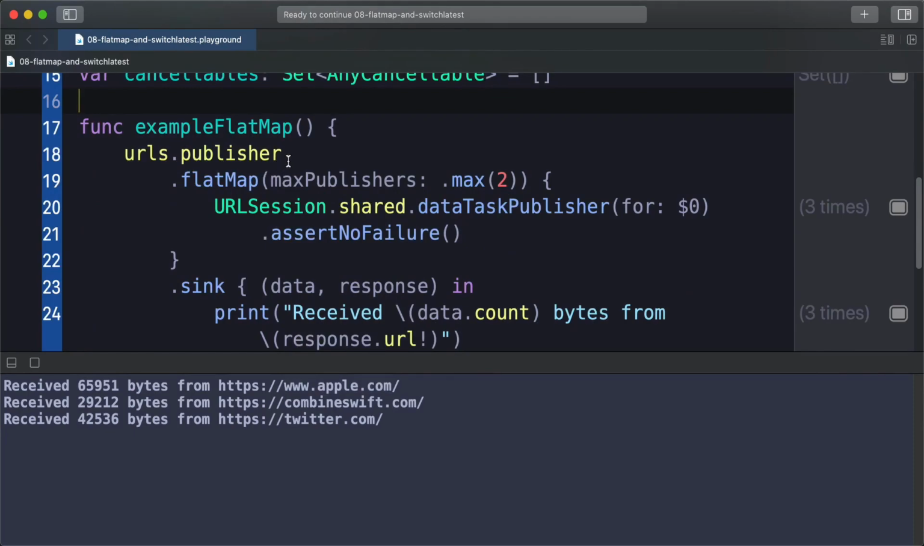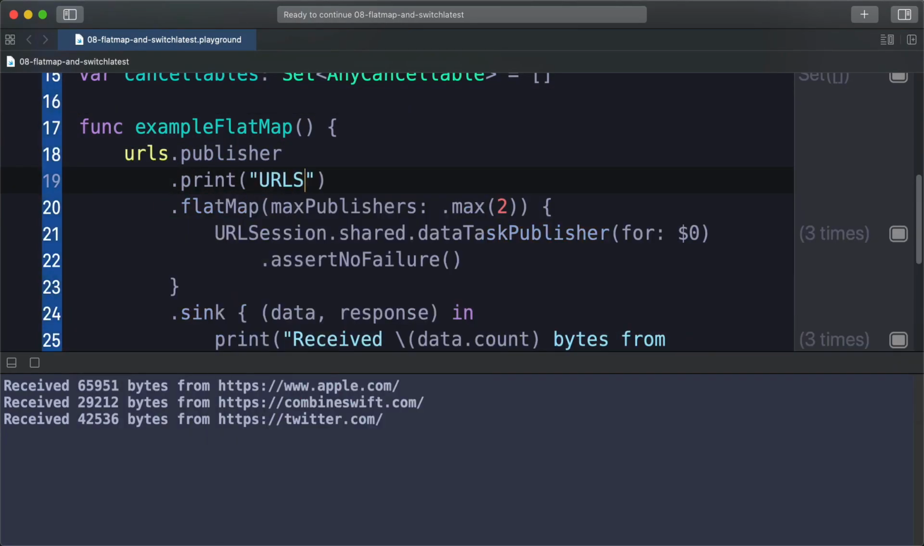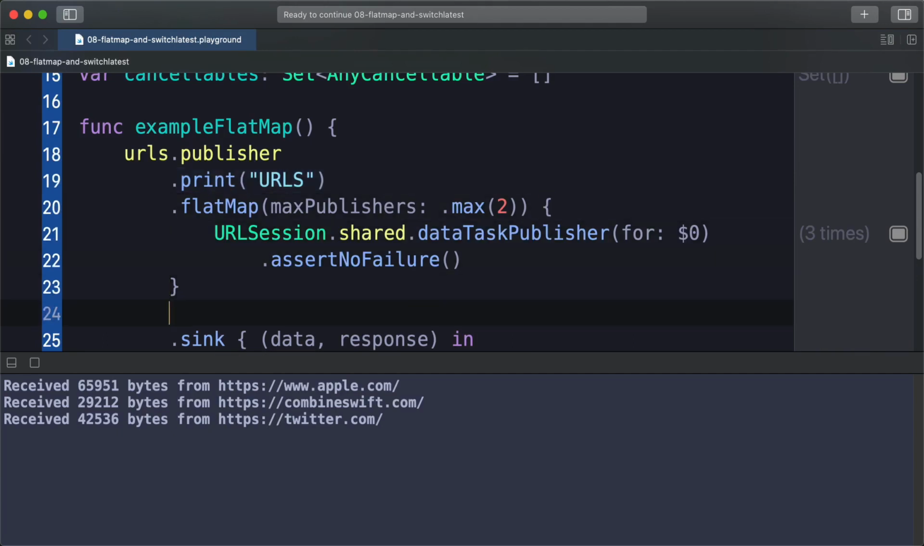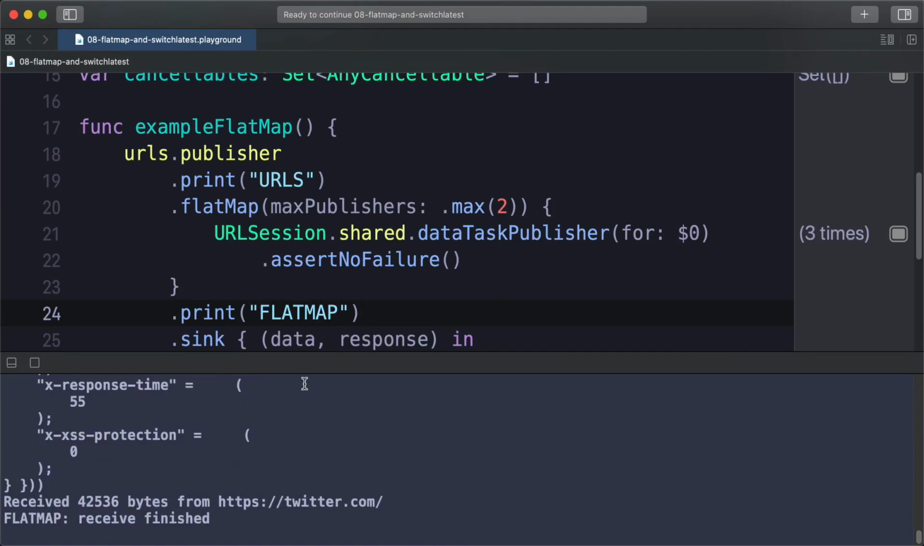Okay, to zero in on exactly what's happening here, we're going to add a few print statements. First of all, we're going to print URLs on the URLs publisher. Now, what's good about print is that it's essentially a pass-through operator, and we can add it in any part of the chain and give it a prefix so we can see what's happening. And then I also want to do another print statement after the flatMap. Now I'm going to run this example and we're going to get a lot of output,